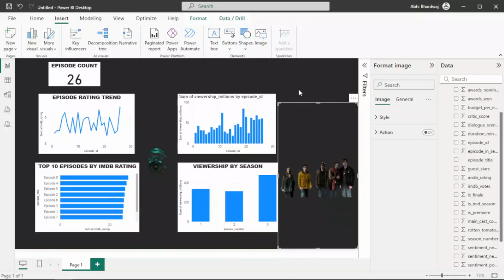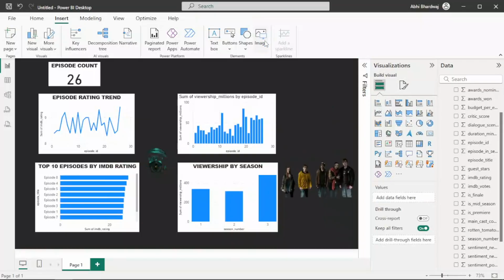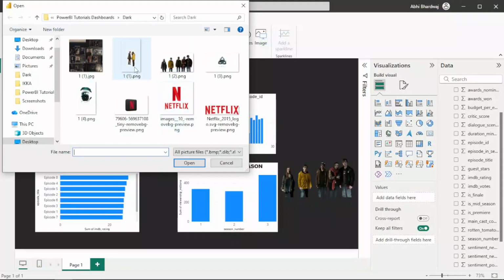Perfect. Now adding some more elements to increase the aesthetic